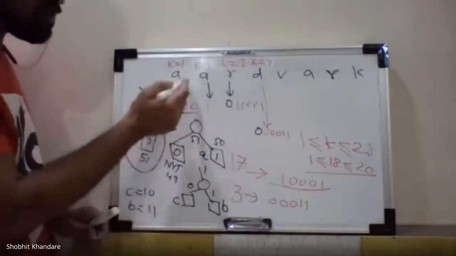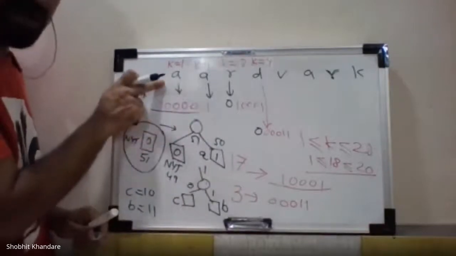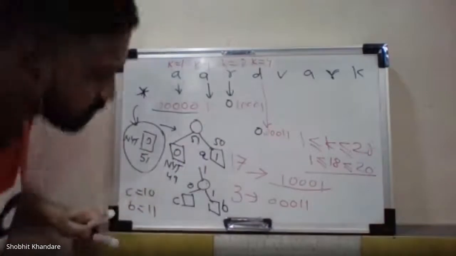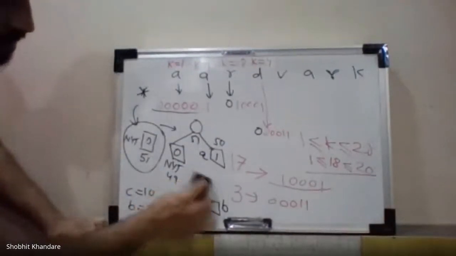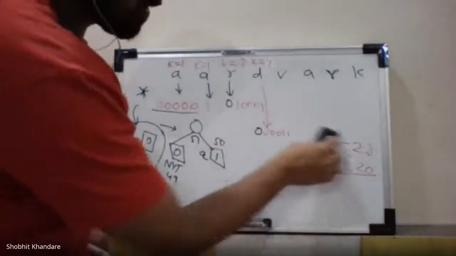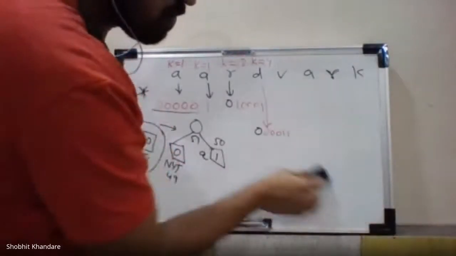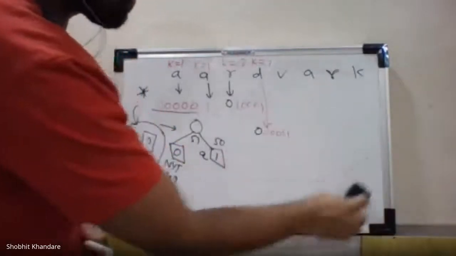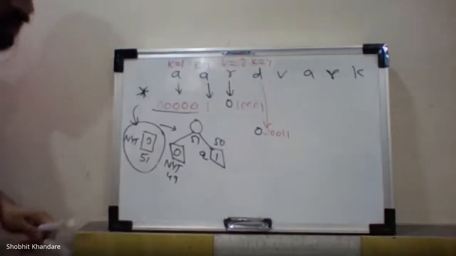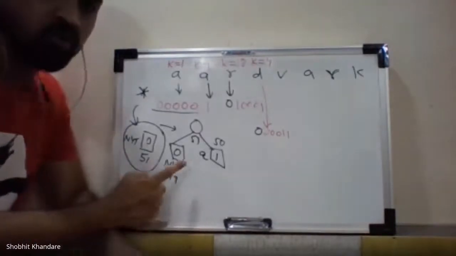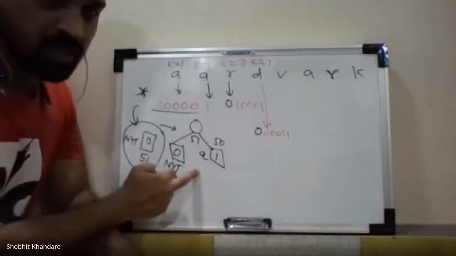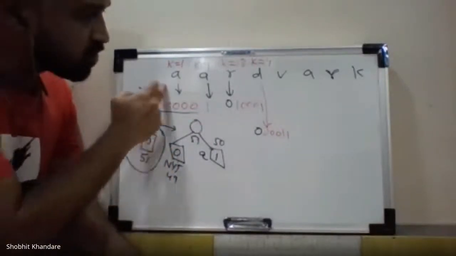Okay, now come to the first one. Now this is done. After including A, this tree has come. Now we'll continue further. I will remove the other parts. See, you have to be very attentive as well as very cautious when you are drawing this. Okay, if somewhere something goes wrong, the other part also goes wrong. Okay, now we have reached here. We have included A. We are moving further.